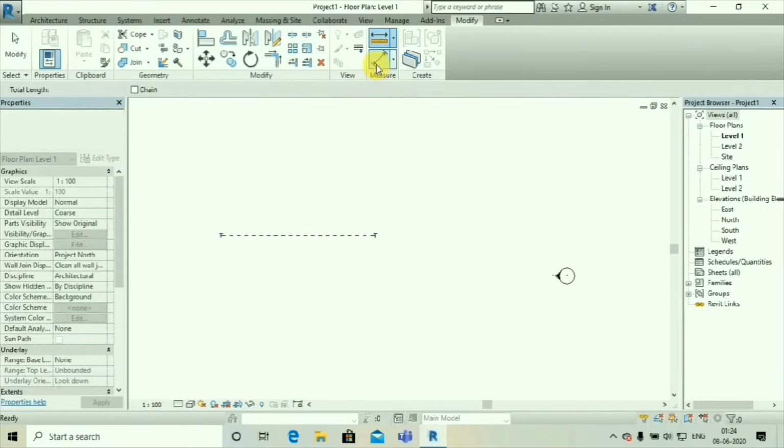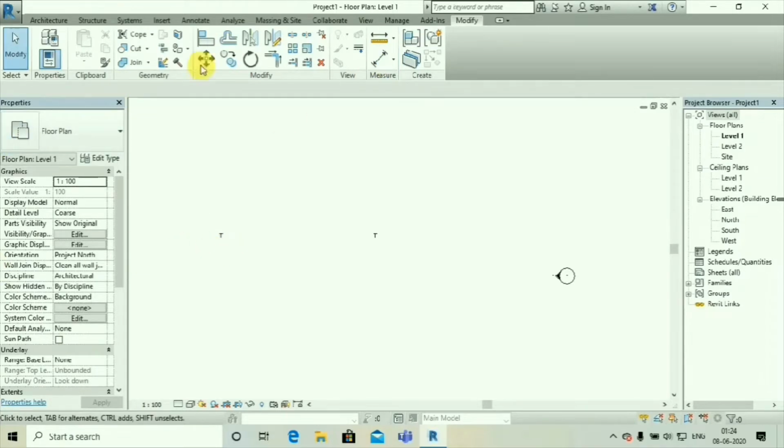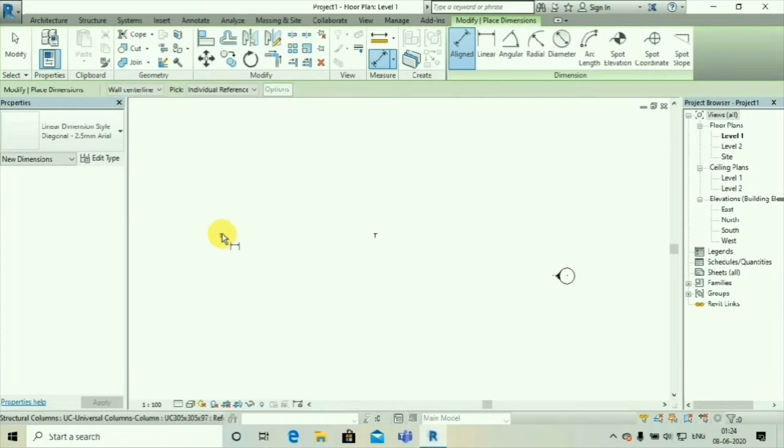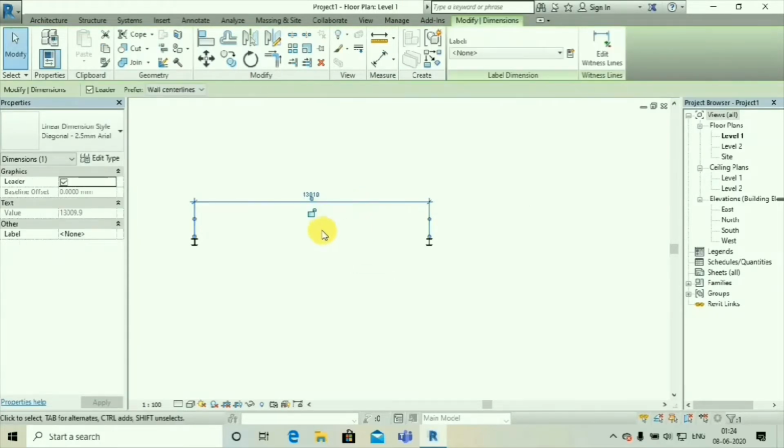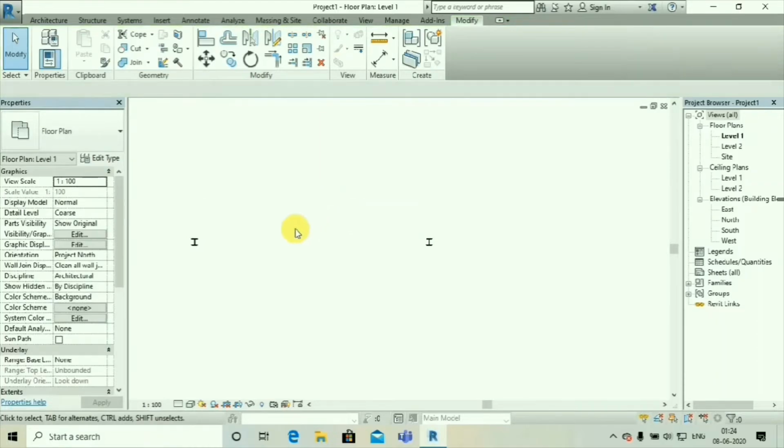If you want to change the distance between the two columns, click on align dimensions, click on the two columns, and it will show the dimension 13010 mm. Now it's okay for me, so I'm deleting this. My dimension is perfect. So let's go to level 2 for placing our truss.